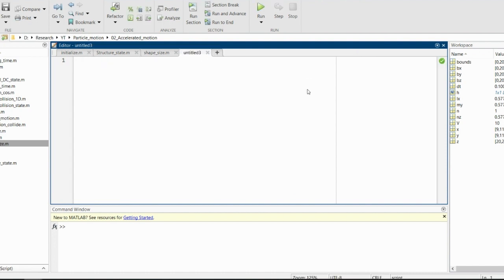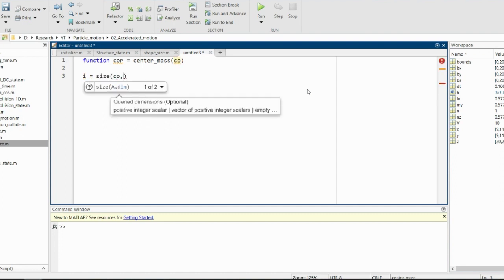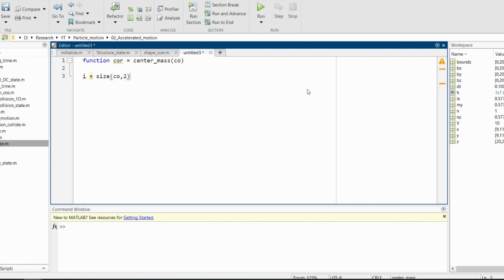So I have to create a function, center of mass, to return the coordinates. COR is equal to center mass, and it will be given the same coordinates x, y, and z. I is equal to size of 0 slash 1 along the second dimension, along the column, plus 1, and COR is equal to